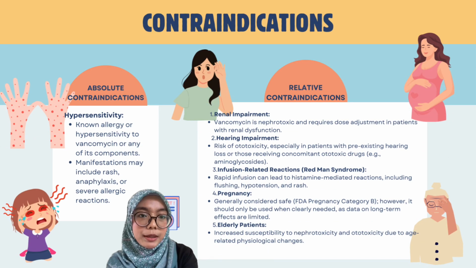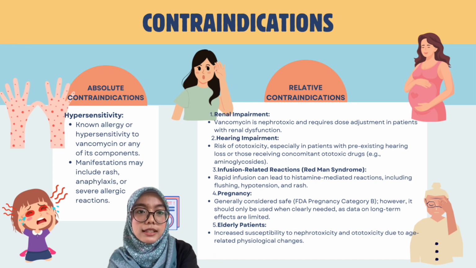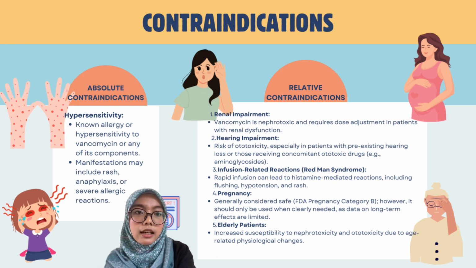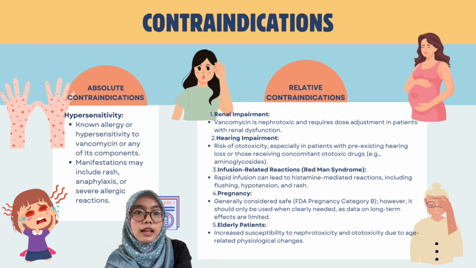Next, I'll be presenting a bit about the contraindications. There are two types of contraindication. First one is the absolute contraindications or hypersensitivity. Hypersensitivity is an allergy or hypersensitivity to vancomycin or any other components, and the manifestation may include rash, anaphylaxis, and other allergic reactions. The other contraindications is the relative contraindication, which include hearing impairment, renal impairment, Redman syndrome, pregnancy,